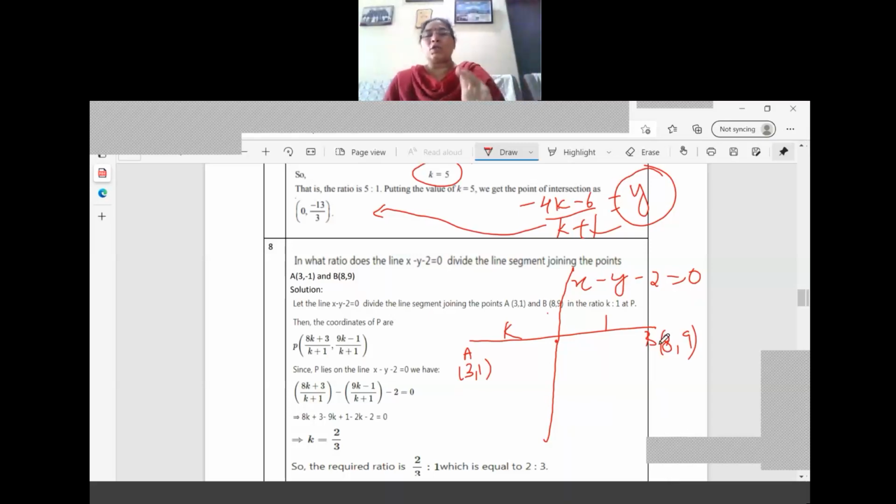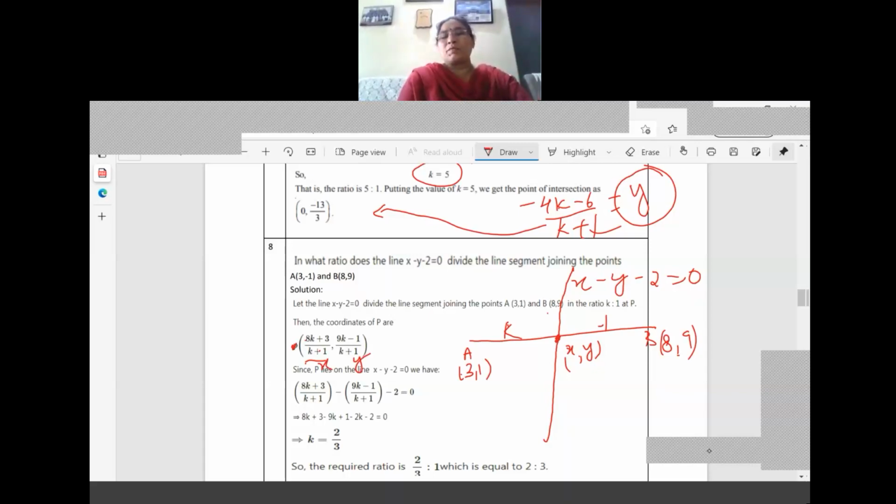So instead of a point, we are having a line. So we have one point here, let it be x comma y, because x comma y is a solution there. We will solve for this, and using k is to 1, the x value is k into 8 plus 1 into 3, that is (8k plus 3) divided by k plus 1. Okay, y is 9 into k minus 1 divided by k plus 1. Now we got this as our x and this as our y.